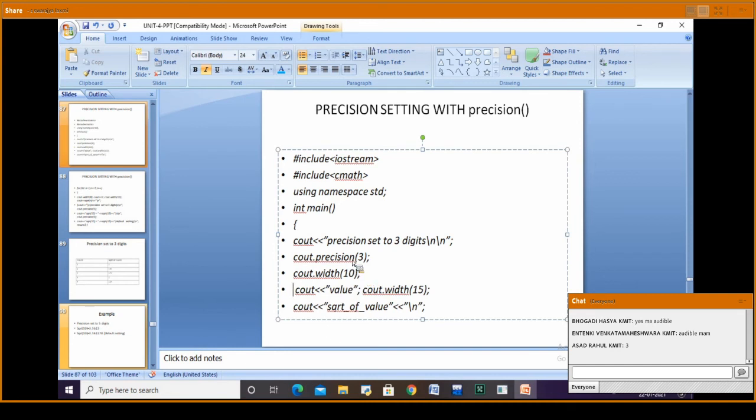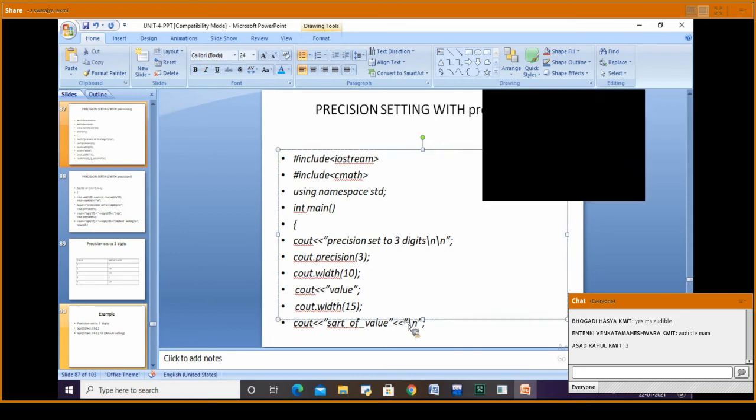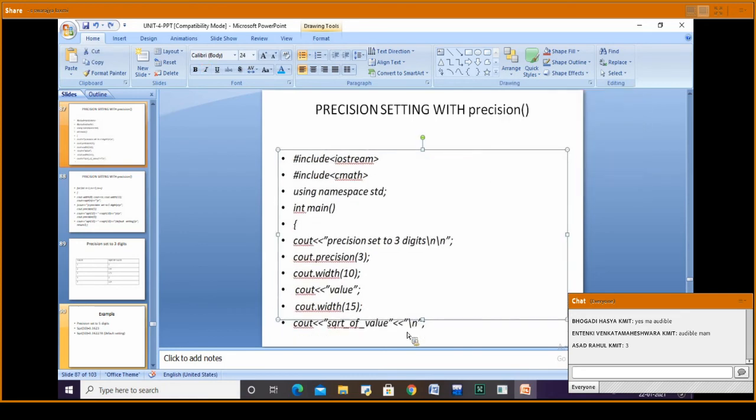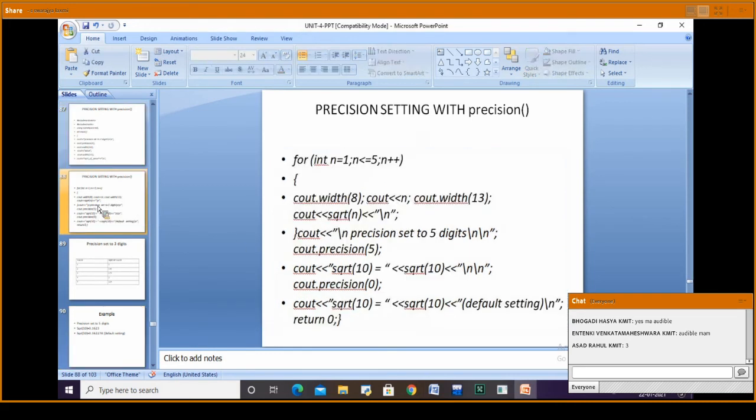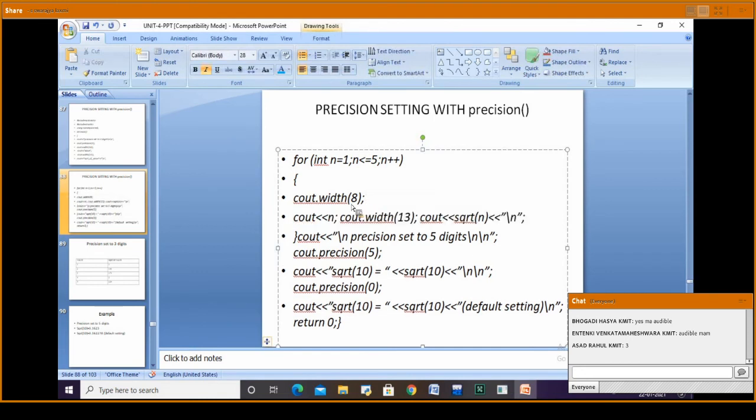Then I am setting the width as 10. And I am asking the value to be printed like this: cout dot width of 15, and the value will be sqrt underscore value of 3. Then I have a for loop, where I am including precision for 5 values, width of 8.